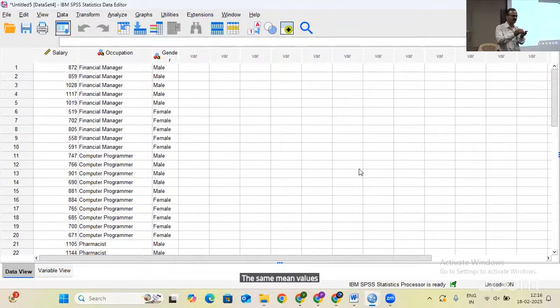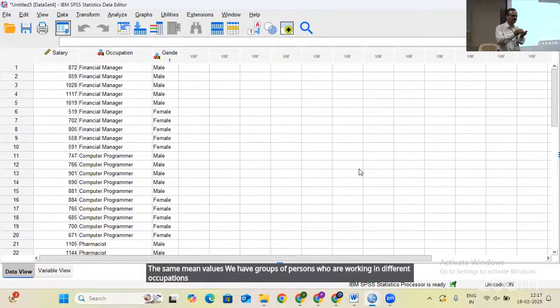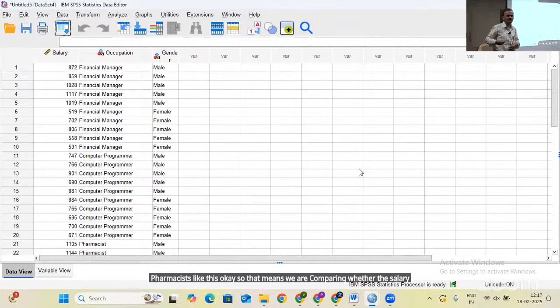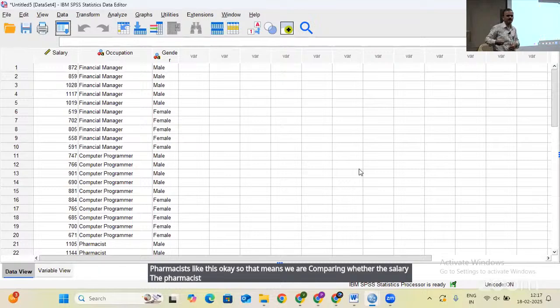Here we have groups of persons working in different occupations like financial manager, computer programmer, pharmacist. So we are comparing whether the salary of the pharmacist and the financial manager are